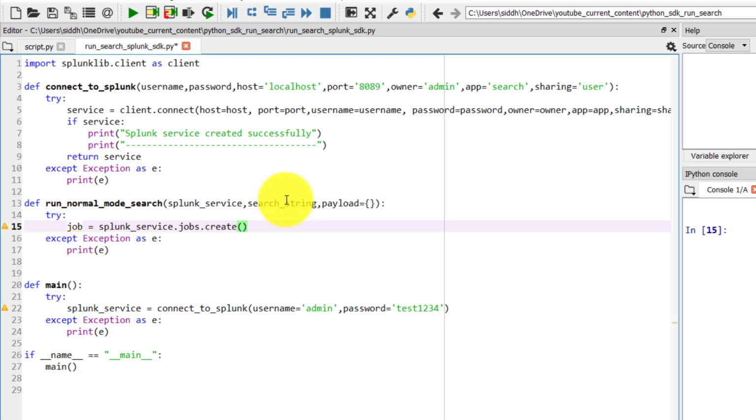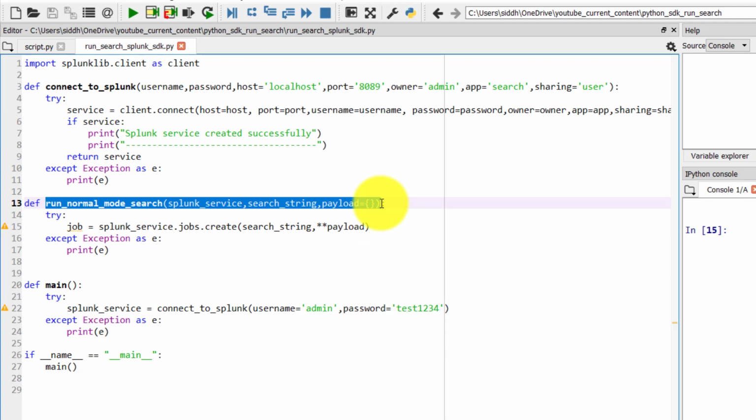One is a search string and another is a payload, which is a dictionary, and we will pass it in something like this: payload. Now let us first try to run this and see what's going on.